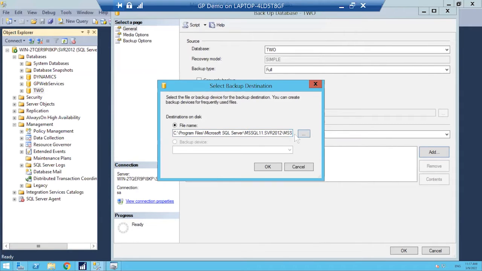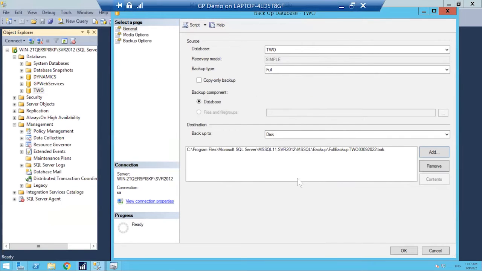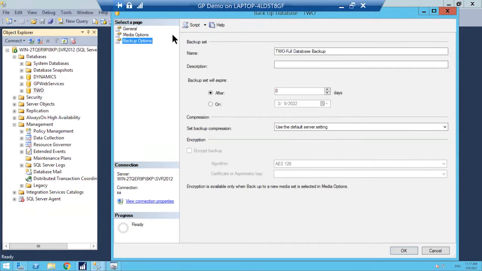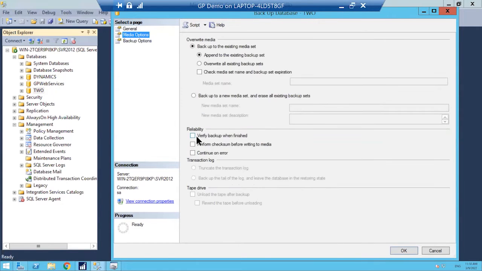Right, so this is now going to be the destination on the disk in which my backup path is located, and I'm going to click OK. Now, after you have defined where you're going to store this backup, you will click on Options,